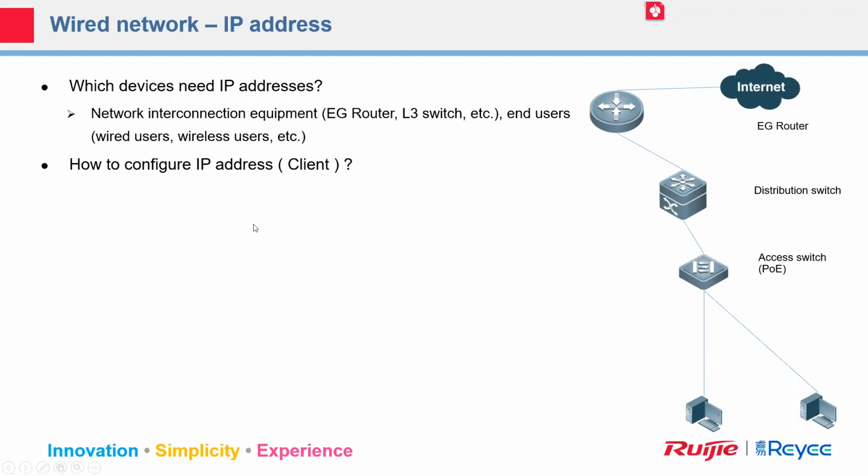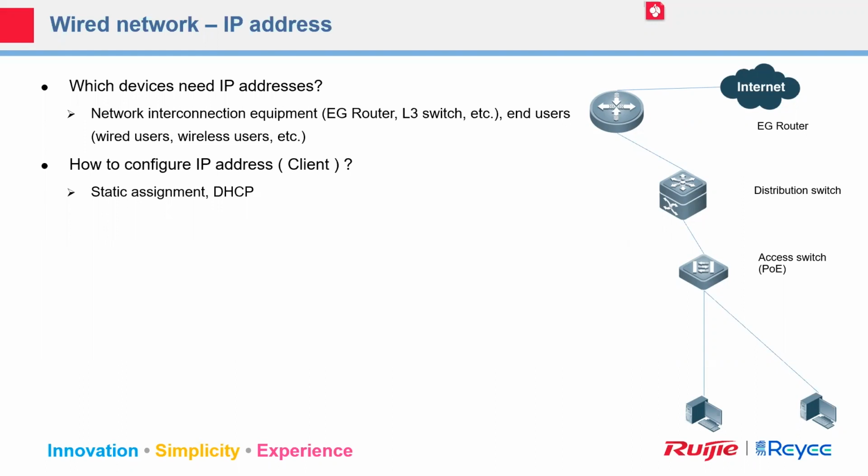And how to configure the IP address? One, we can use a static assignment. That means every engineer or manager gives the computer an IP address. Yes, it's the correct answer. Static way, you can directly use a command or maybe use some picture to give the IP address. And the second one is the DHCP.